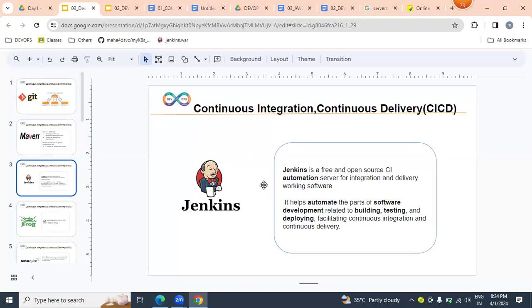Jenkins is a CI automation tool. With the help of Jenkins, we can implement the CI/CD process, continuous integration and continuous delivery, using this automated Jenkins tool.